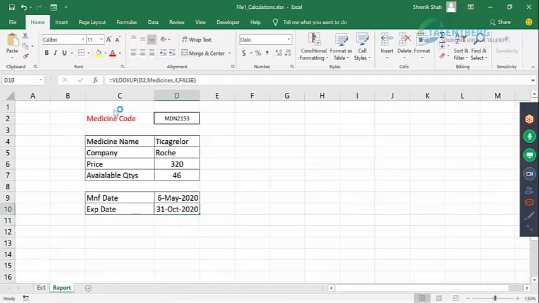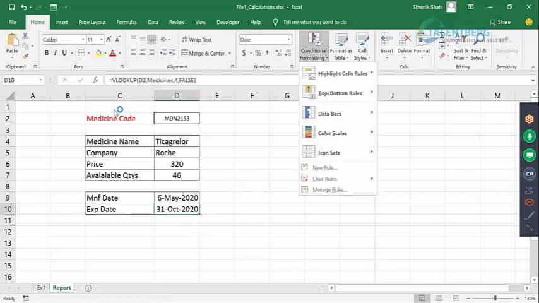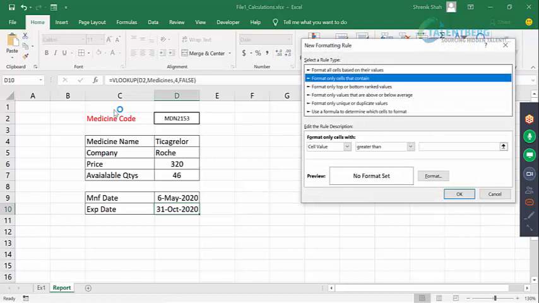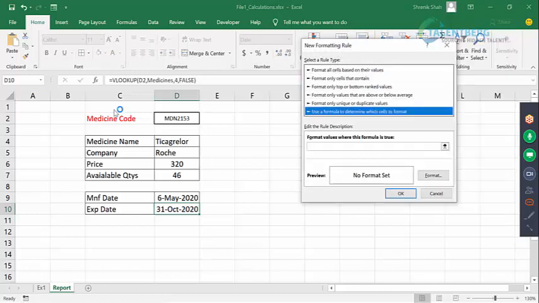How did I do this? First I select the date, conditional formatting, then the highlight cell rules, then the more rules, and after that I select the option use formula to determine which cells to format, and here I type the formula is equal to the expiry date minus today. So today means today's date, it is 21st July, and after subtraction I am getting the answer in the number